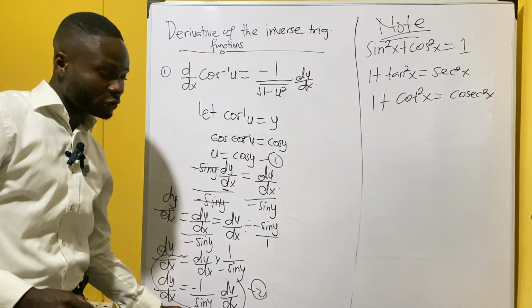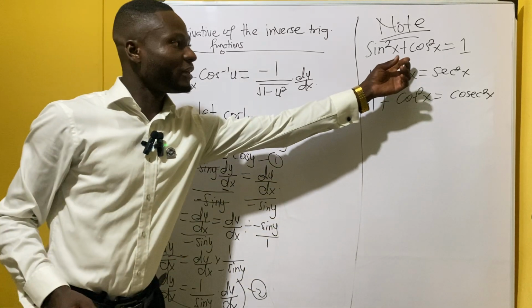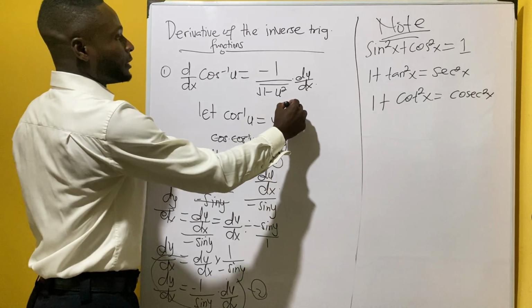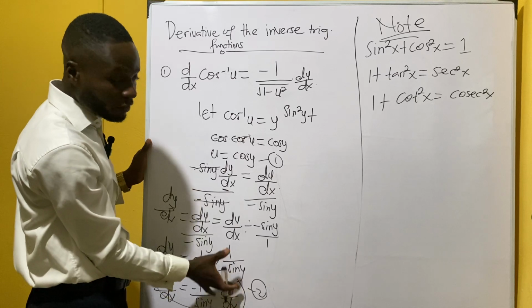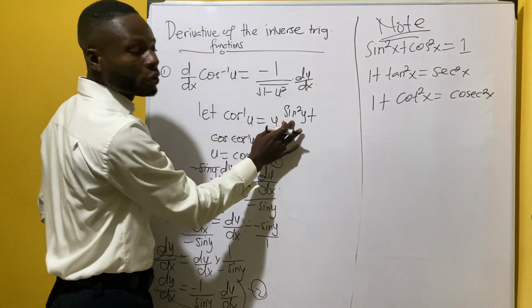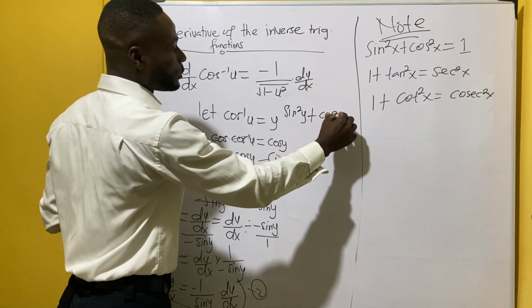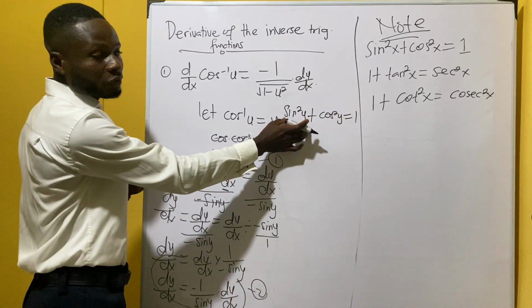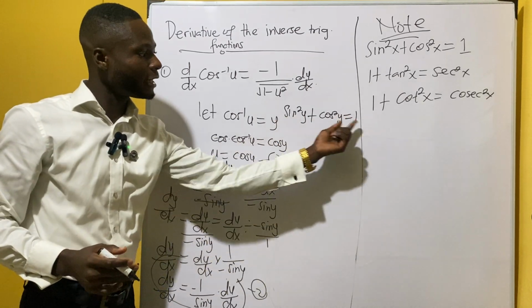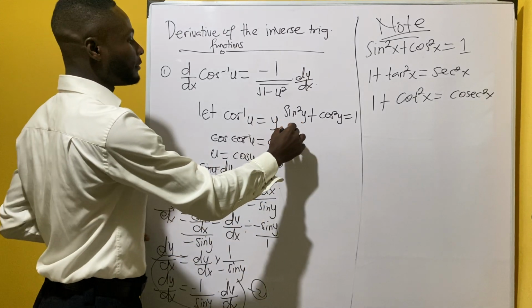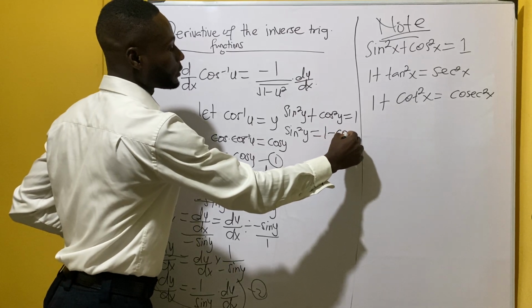Now we are having sine, so let's look for an identity that we can replace this, right? So we use the first identity, which says that sine squared y, because we are using y variable here, we change the x here to y. So we have sine squared y plus cos squared y should be equal to 1. Now we are interested in the sine, right? So we send the cos here, and then maintain the sine here. So we have sine squared y equals 1 minus cos squared y,